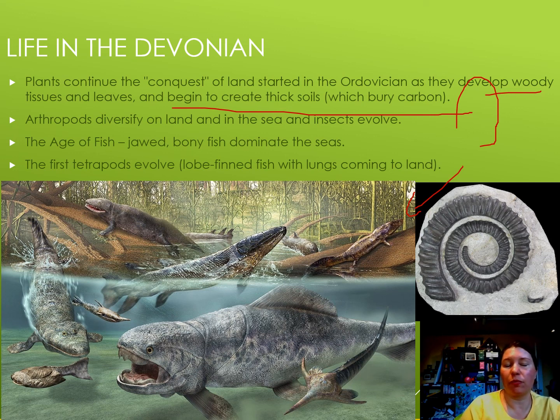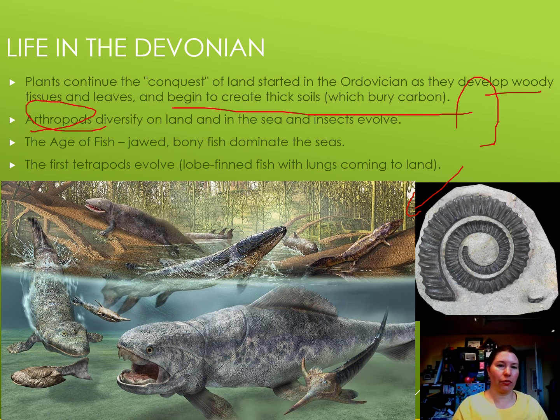Whenever plants go through some really big evolutionary changes, what follows right behind? The things that rely most heavily on the plants, and that's often going to be teeny tiny little guys, usually the arthropods. On land, arthropods are generally going to be the insects, the scorpions, spiders, centipedes, millipedes. In the oceans, we're also talking about things like lobsters and crabs, the crustaceans. There's still trilobites during the Devonian. They never quite reached their Cambrian levels of diversity, after the end Cambrian extinction event, especially after the end Ordovician extinction event. But trilobites persist through the rest of the Paleozoic.